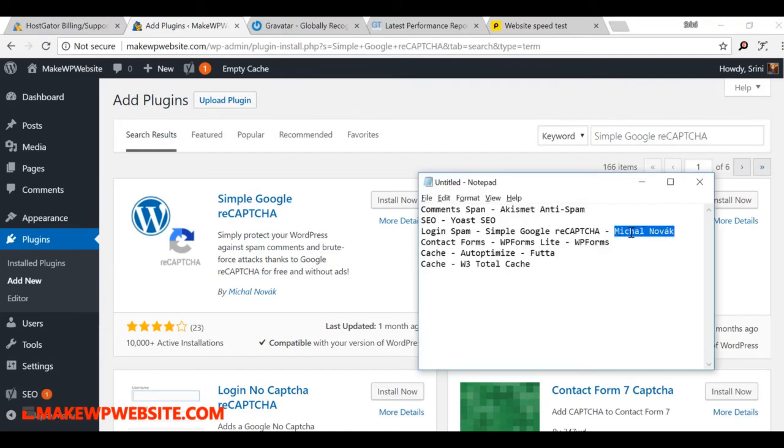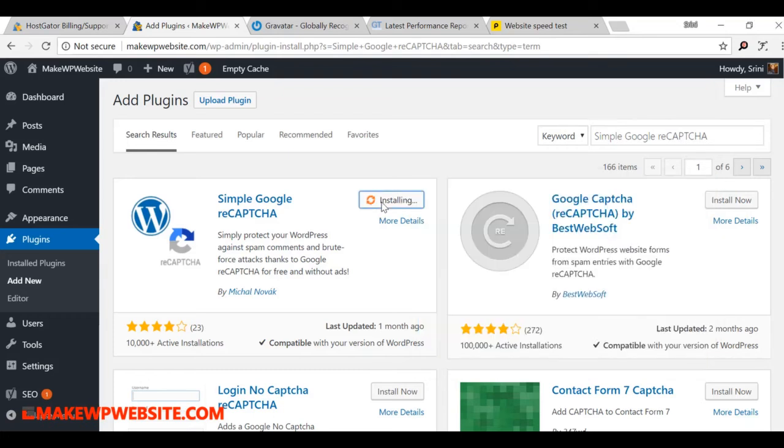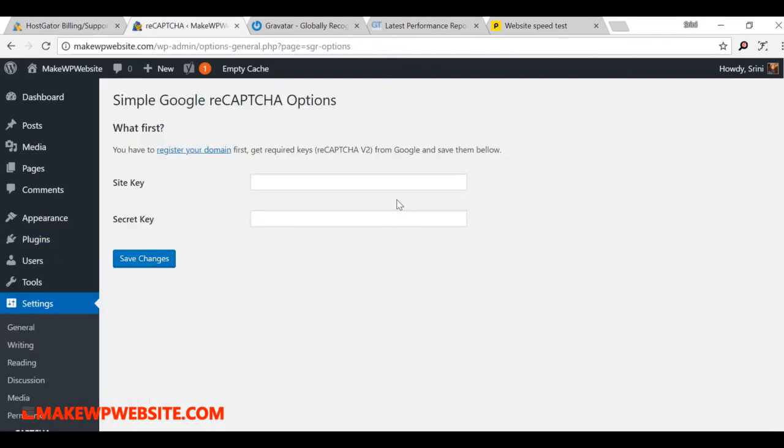So make sure you have matched the author, verified the author, and then install the right plugin. I like this plugin because it is simple, straightforward. It doesn't do anything that we don't want it to do, meaning any additional features, there's nothing there. It just does one job, adding that reCAPTCHA on our login page. I'm going to show you how to get these details and update in the plugin later. So let's keep adding our plugins.